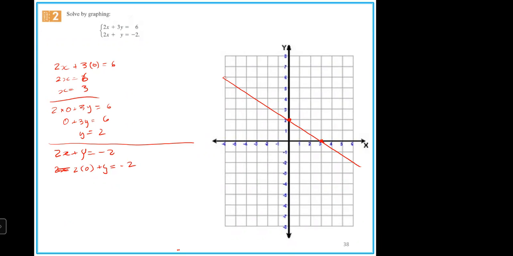And then you have y equals -2. So you let x be 0, so now you're going to let y be 0. So now we'll say 2x plus 0 equals -2. So 2x is equal to -2. So x would be equal to